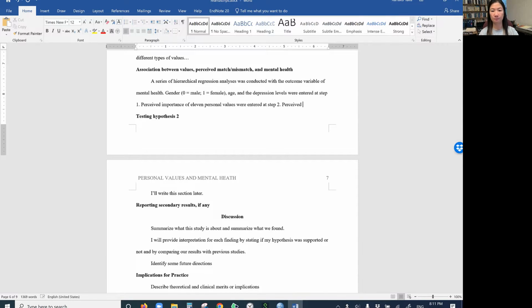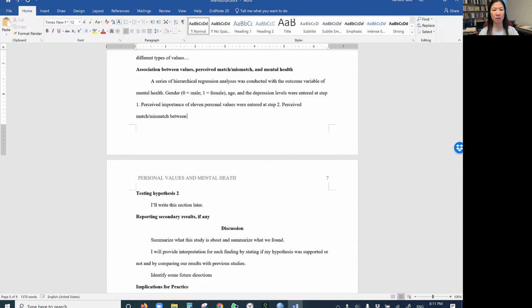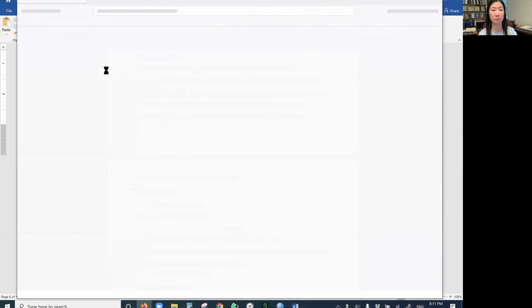Perceived mismatch between own values and families', friends', and countries' values, or perceived match between own values and families'. I should have probably misspelled it.